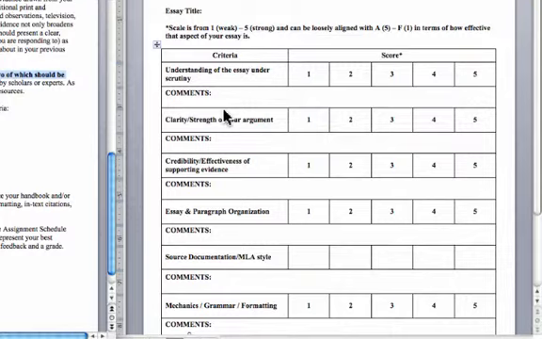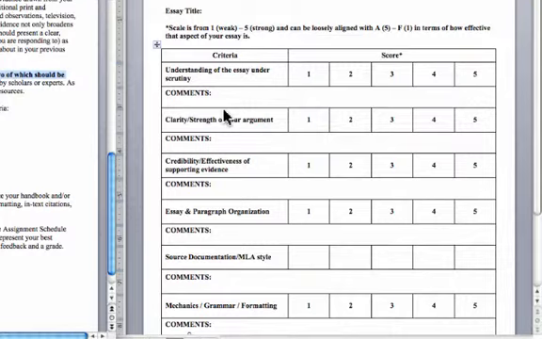So are your appeals effective? Have you developed a solid ethos? Have you used logical reasoning? Have you used reliable sources? Have you organized the argument in a way that makes it easy for the reader to follow? Have you thought very conscientiously about how to phrase your thesis and how to say the things that you're saying, and making your argument in a way that's appropriate for the audience? Okay, so those are the factors of clarity and strength of argument.